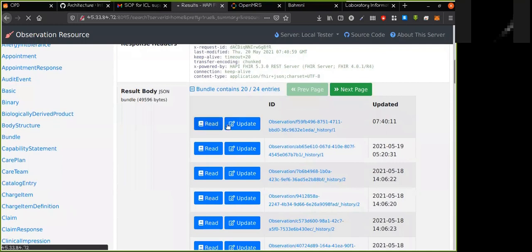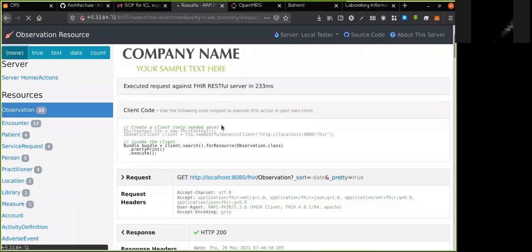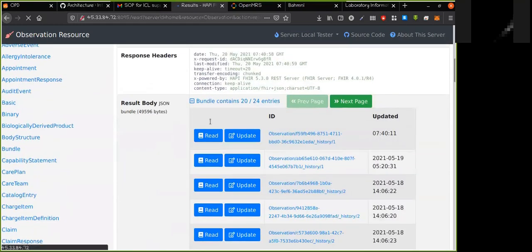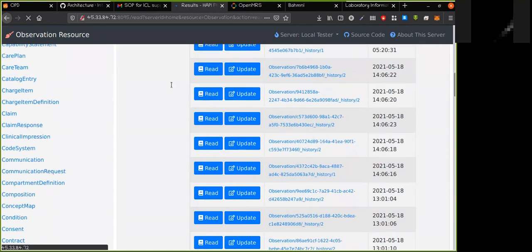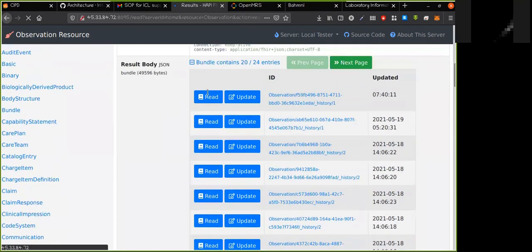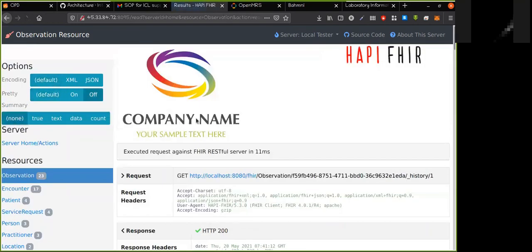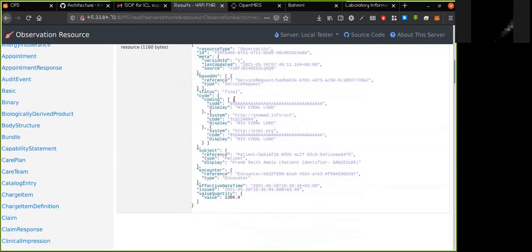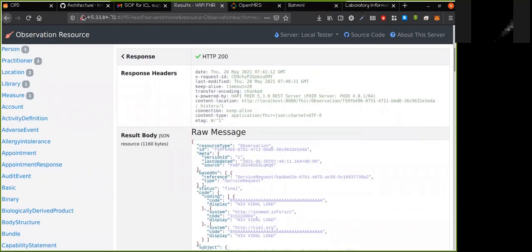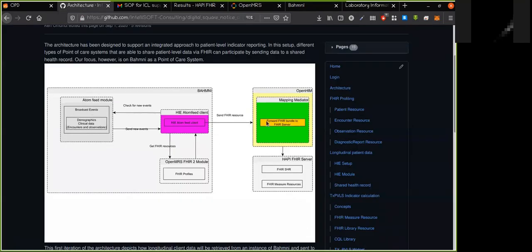So this should be the last observation. So if I read it, I'll see it's this observation. It's Frank Smith and the value is 1300. So this confirms that our data is already persisted in the HAPI FHIR server.